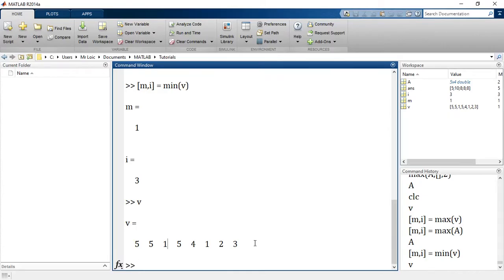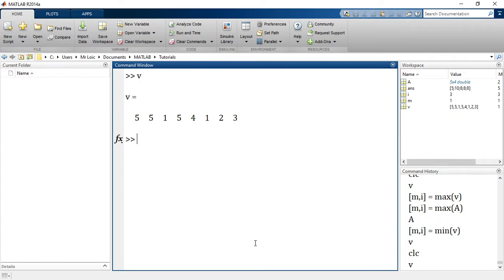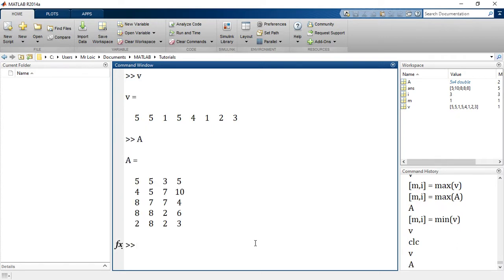Continue from where we left last time. So remember, last time we had our V and we had our A, and we are still looking at statistical functions. Today we want to look at the mean and the median. You know those functions in statistics: the mean simply stands for the average, and the median the middle point. This is not a mathematics class, this is a MATLAB class.